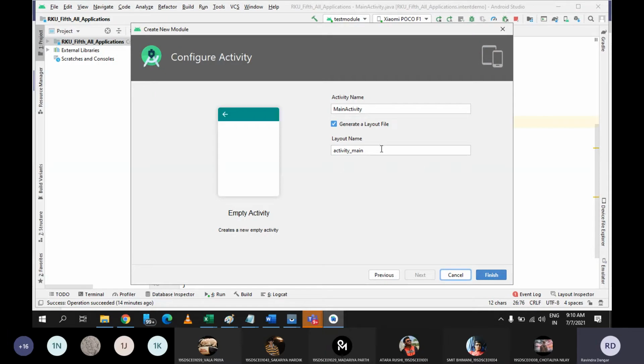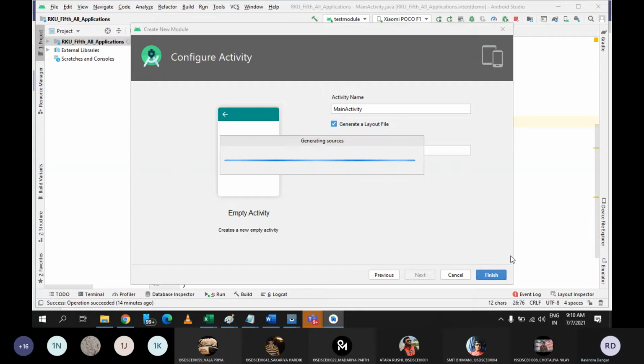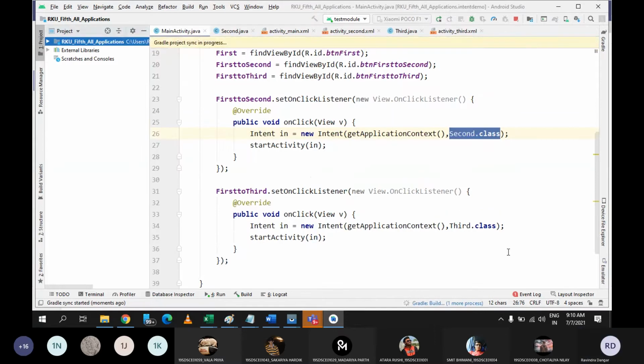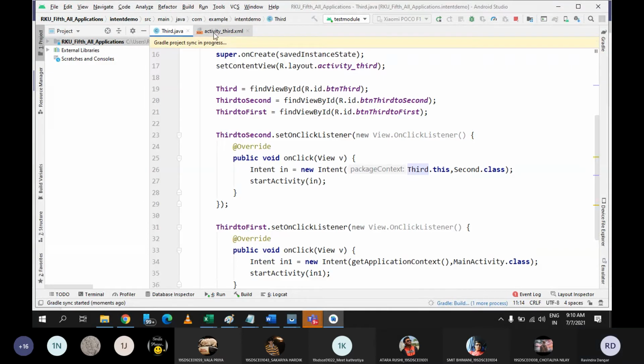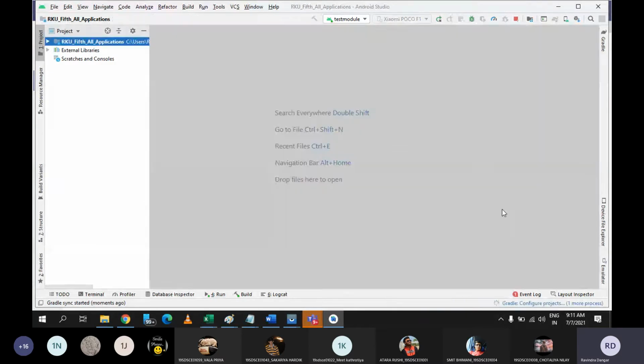You can rename it if you don't want activity underscore main or main activity, then from here only you can rename it. So still Gradle is getting built. We'll have to wait for 1 minute.